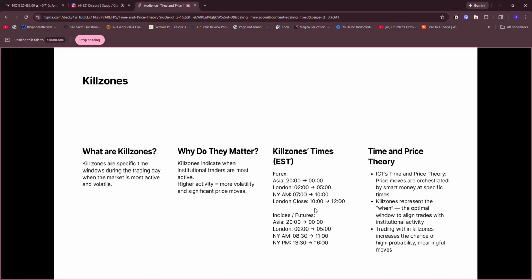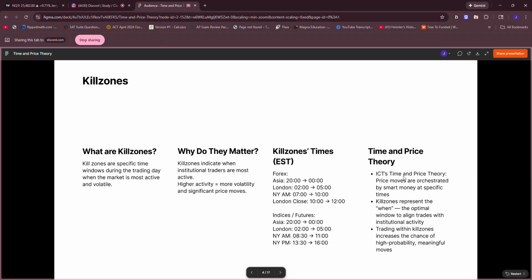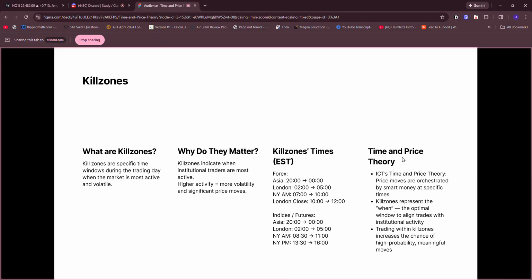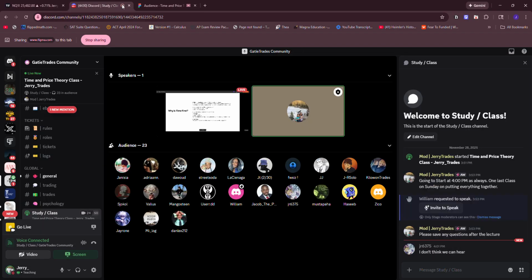And then we have London close. So I'm not too familiar with forex, but I guess London close is within New York session. So London close is from 10 to 12, and then New York PM for indices is 1:30 to 16:00. So the reason why these are extremely important is because there's a lot of institutional traders, right? We want to be following smart money as they enter their trades. We want to be following in their footsteps. That's what ICT is all about, finding footprints of smart money. So if we see a footprint,